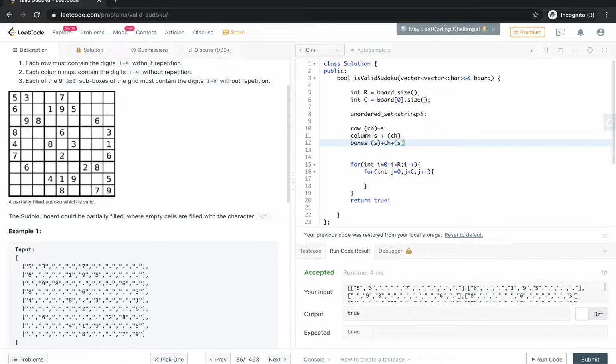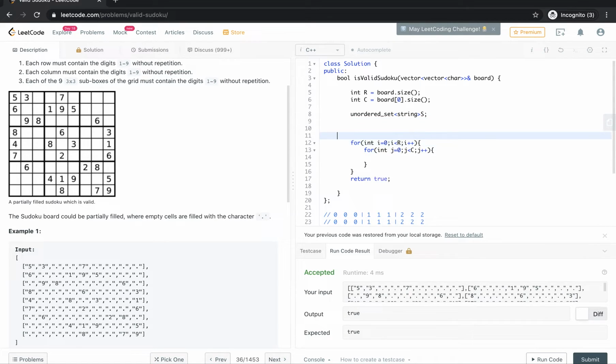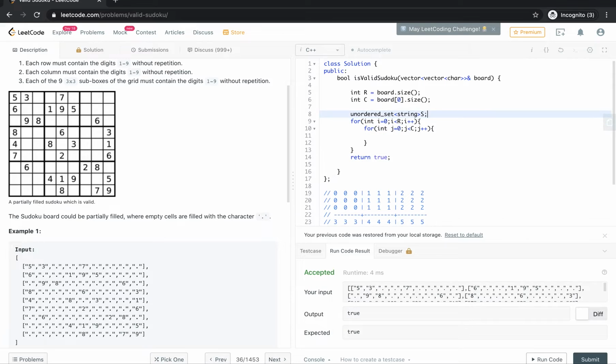Okay, I think we will be clear once we write the code for this. So while inserting itself, we'll try to differentiate rows, columns, and boxes. As in the previous case, char ch we'll have for the current cell. This time, I'll just have string ch of 1 and then board of ij. I'll try to compute the row.